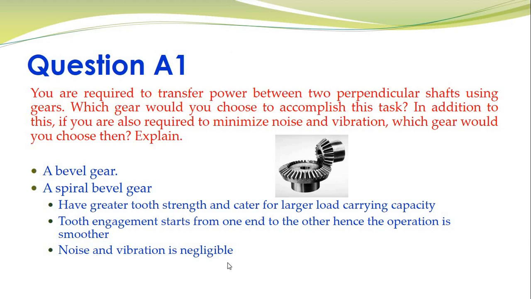So if you want to transfer motion between two perpendicular shafts and at the same time ensure that noise and vibration is minimized, you'll use spiral bevel gears for two reasons. Tooth engagement starts from one end and goes to the other, therefore the operation is smoother. So when the operation is smoother, there is no vibration. If there is no vibration, there is no noise. So I hope you understand what this question was actually looking for. Moving on,